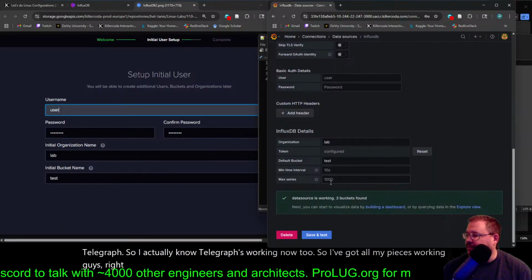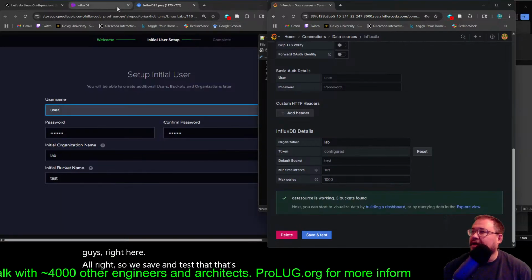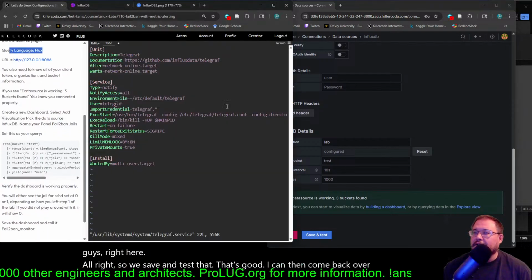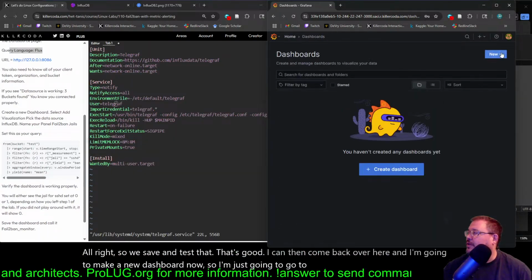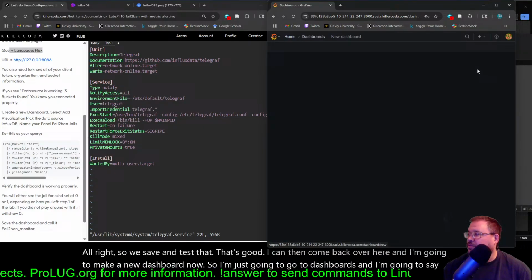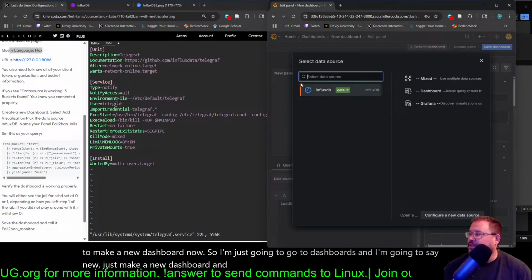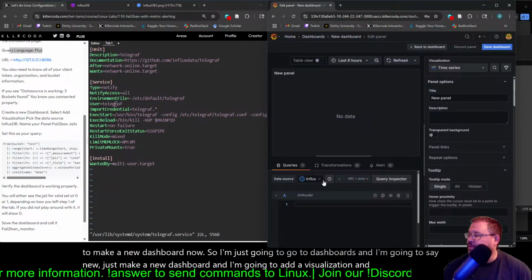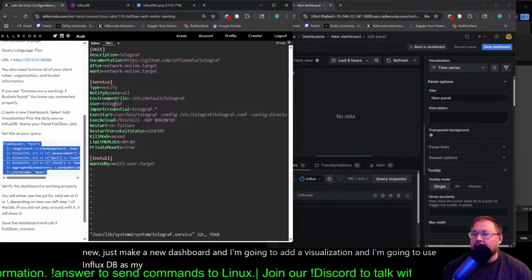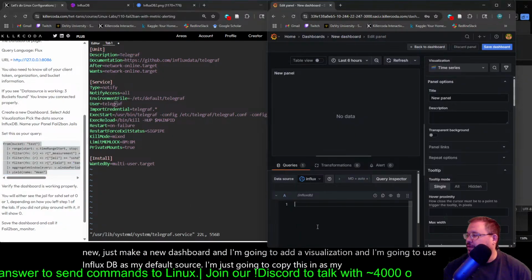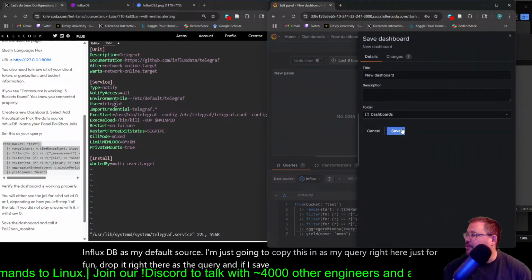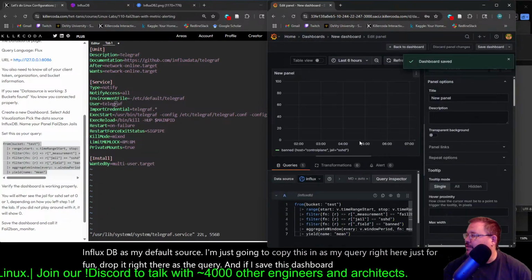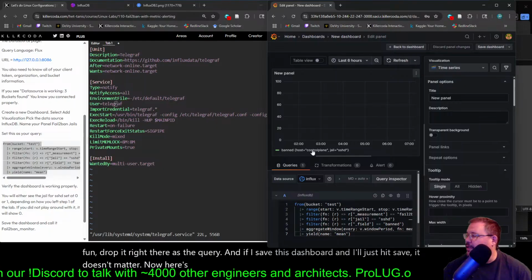All right, so we save and test that. That's good. I can then come back over here. And I'm going to make a new dashboard now. So I'm just going to go to dashboards, and I'm going to say new, just make a new dashboard, and I'm going to add a visualization, and I'm going to use InfluxDB as my default source. I'm just going to copy this in as my query right here, just for fun. Drop it right there as the query, and if I save this dashboard, and just hit save, it doesn't matter. Now here's my panel, and I see